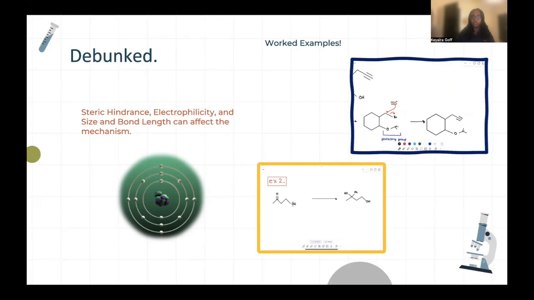Now we want to deprotect so that we can have our alcohol group back. So what we're going to do is add a mild acid. We're going to add H2SO4 and H2O in order to completely remove the ether. So we add